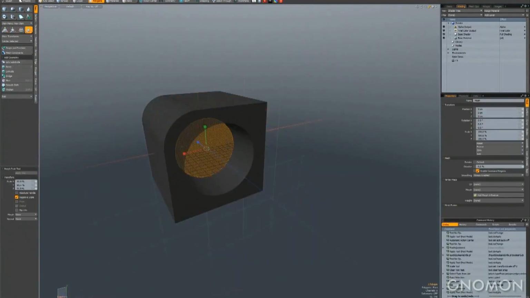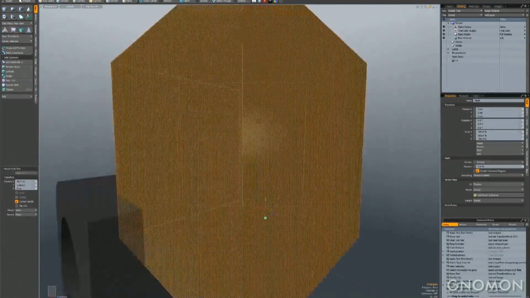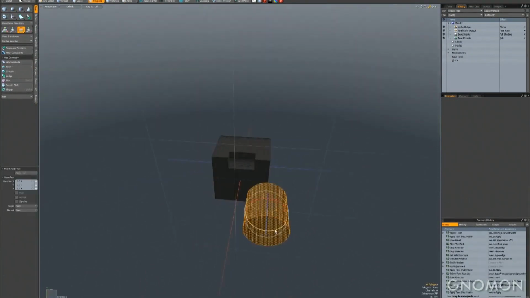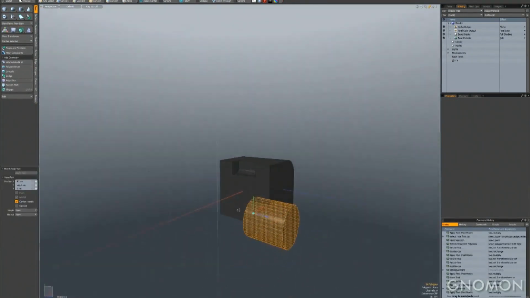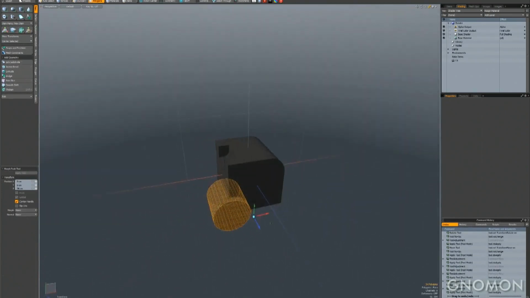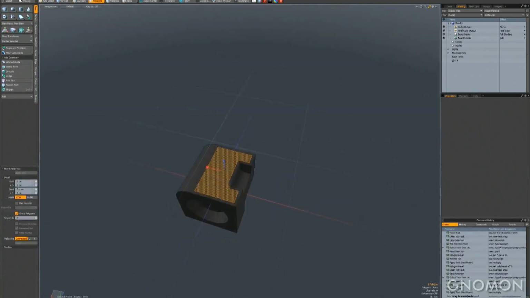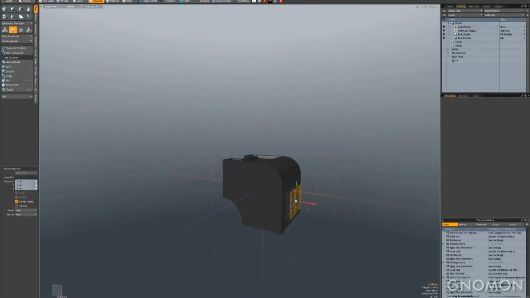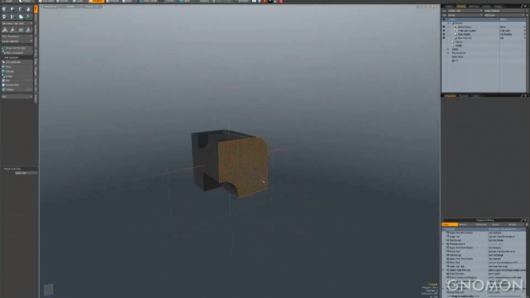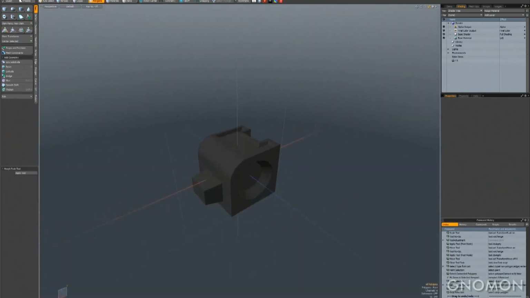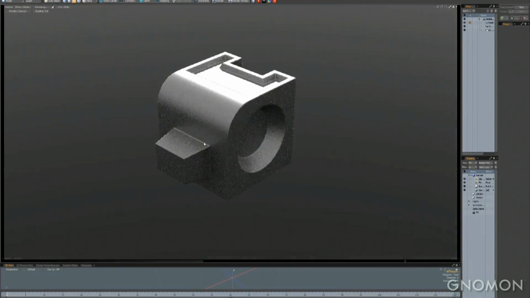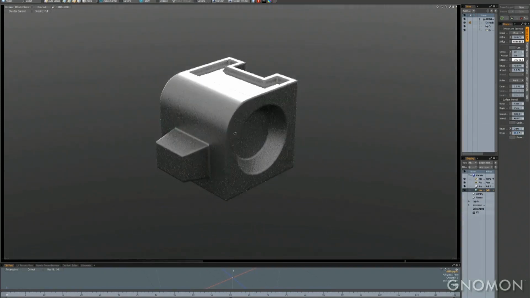So all we're doing here is just doing some bevels, not worrying about n-gons, booleans. We're just going to cut some stuff in here, do a couple more bevels right inside of that, cut a couple more shapes out, and all of this stuff, none of this matters. You don't need to ever have any kind of a thought about topology or anything. Modo takes care of everything for you. And that's it right there. So that's all you need to do. And we're going to go over a little bit more of a complex example of that later on and learn how to bake that down to low-res geometry, which is a super simple workflow too.